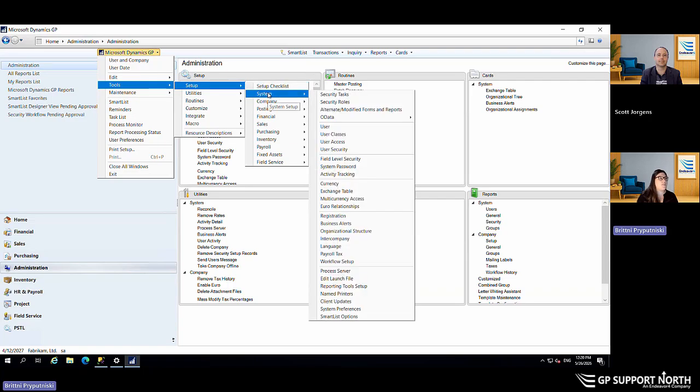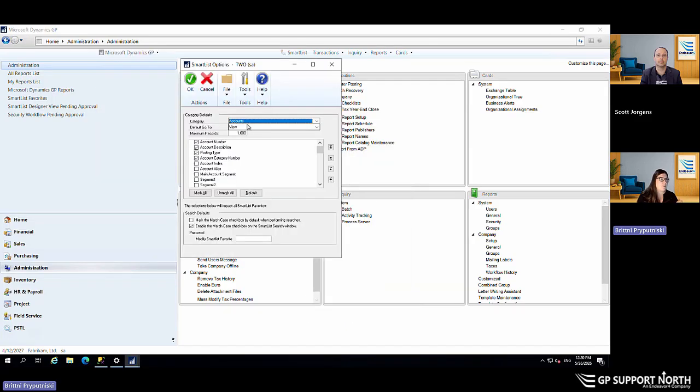They're a little hidden. They're under our tools, setup, system, and they're under our Smart List options here. And any one of those, so if I actually go to my accounts, we can go to accounts or financials, whatever the case may be, or account transactions. I can make my maximum records now 999,000, and I can change what the default columns are here